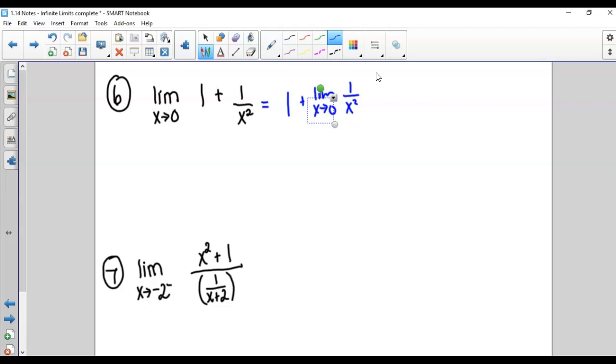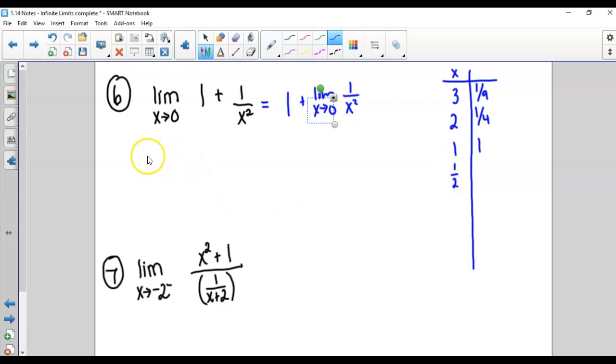And so if we're having to do this without a calculator, we think about the values of 1 over x squared. If we approach 0 from the right first, those are positive numbers. If we had 3, that would give me 1 over 3 squared, which would be 1/9. And then if I have 2, I would have 1 over 2 squared, which is 1/4. 1 would just be 1 over 1, so I would get 1. If I had 1/2,